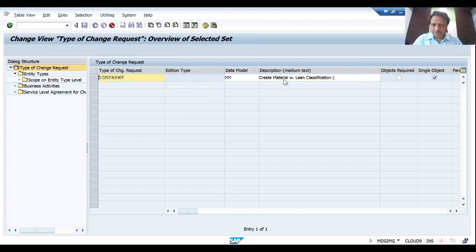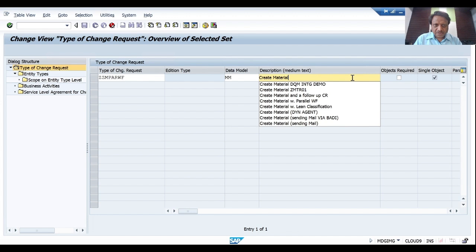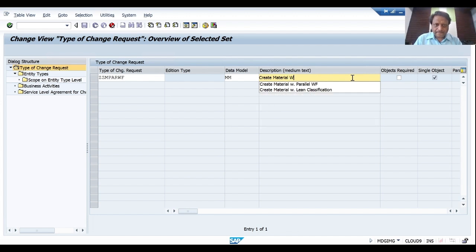So let me create material, and let me call this parallel workflow ZZM